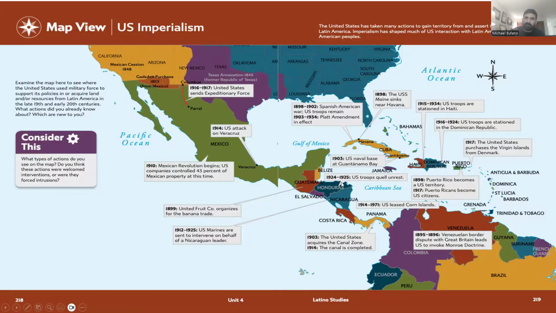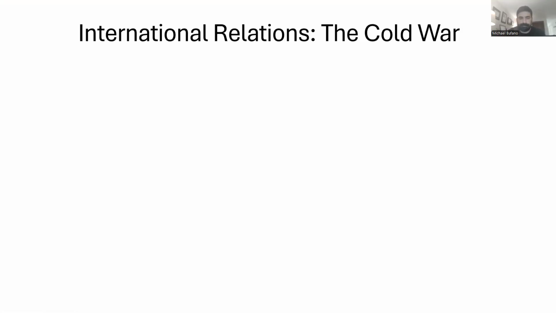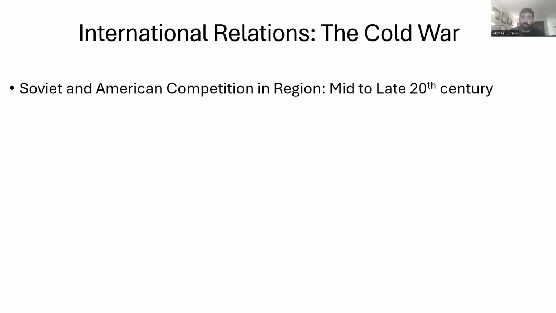And by the way, this map provides a nice overview of this neo-imperial era in the late 19th and early 20th century. And as you can see, there was scarcely a country that wasn't touched by this imperialism in Latin America during this era, right? So countries like Panama, Mexico, Cuba, the Dominican Republic, very much influenced by the USA. Very controversial. And this influence would continue during the course of the Cold War.